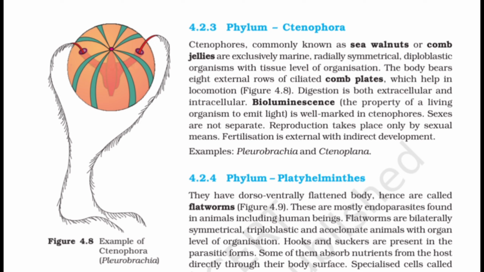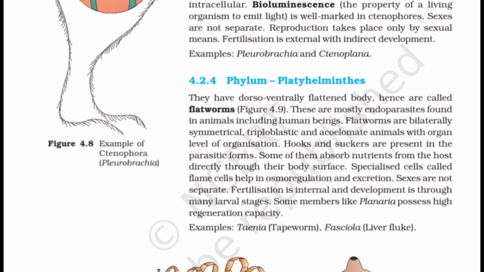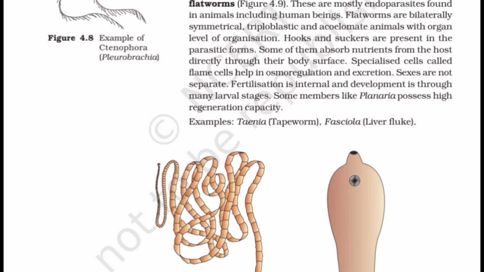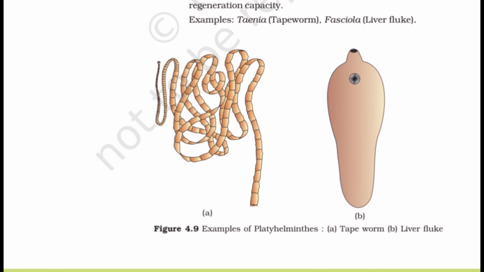Sexes are not separate. Reproduction takes place only by sexual means. Fertilization is external with indirect development. Example, Pleurobrachia and Ctenoplana. Phylum Platyhelminthes. They have dorso-ventrally flattened body, hence are called flatworms, as in the figure 4.9, which shows the example